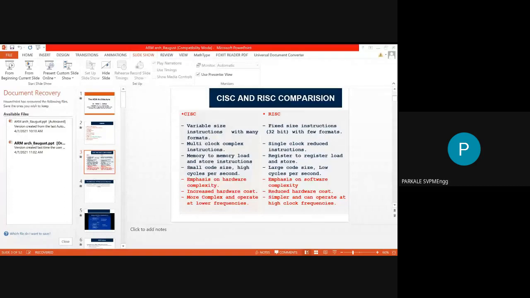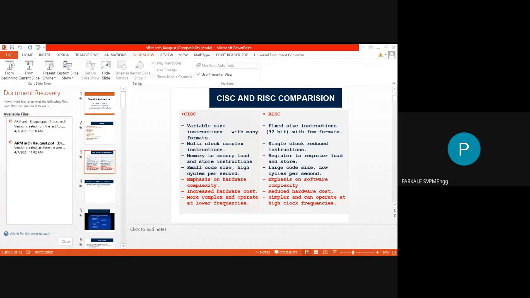Okay, now another architecture is called the Harvard architecture. In Harvard architecture, again you have two types of memory: one is a program memory and another is a data memory. Program memory will store the instructions, or the code of your program, and the data of your program is stored in the data memory.